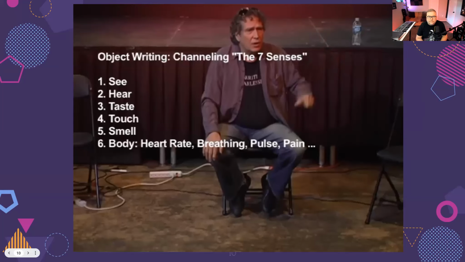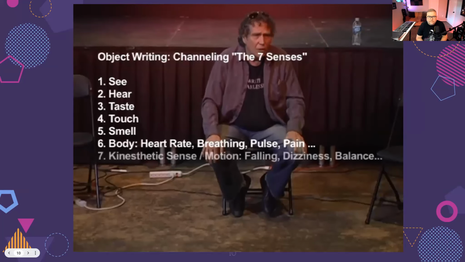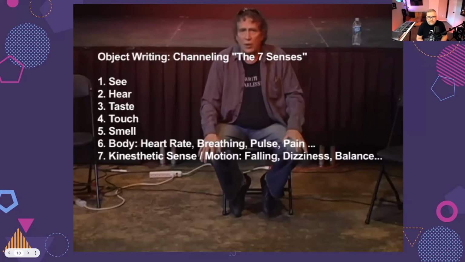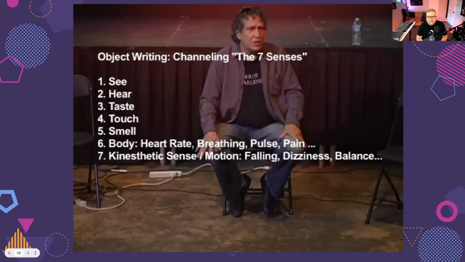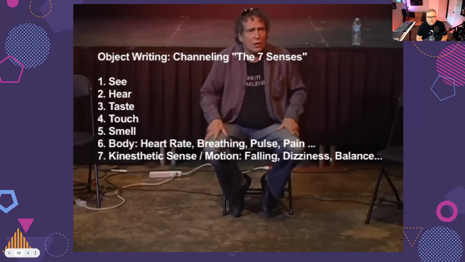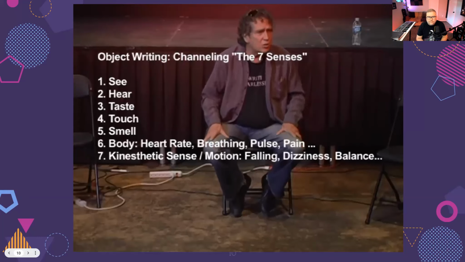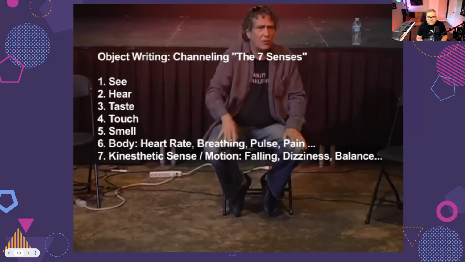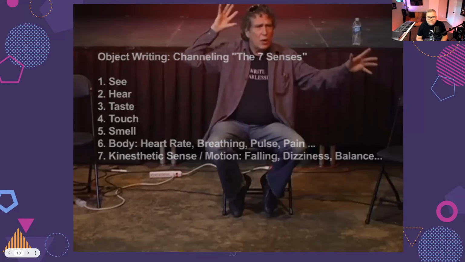And then the seventh is the kinesthetic sense, the sense of motion, the sense that you stimulate when you roll down a hill as a kid to get up dizzy, the sense that has created billion-dollar industries called amusement parks, where you stimulate your kinesthetic sense. It's also the sense of what's around you, that whole thing. So those seven senses are the thing that makes you the unique creature that you are.